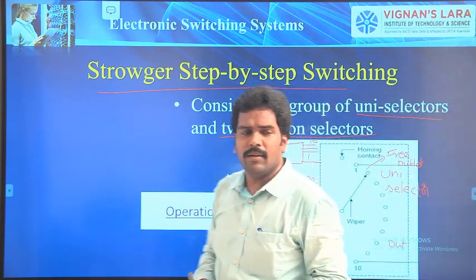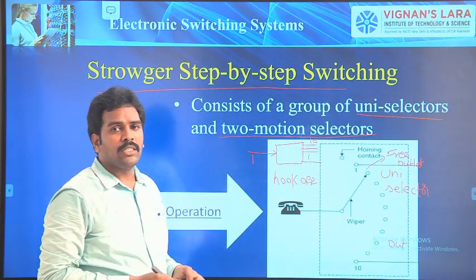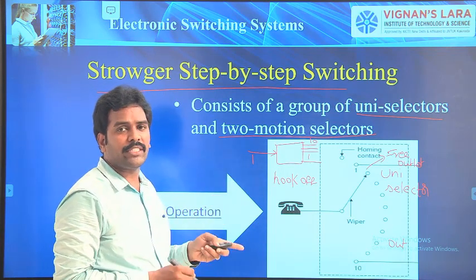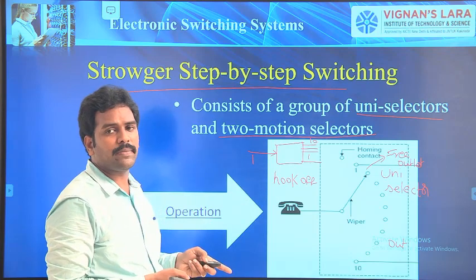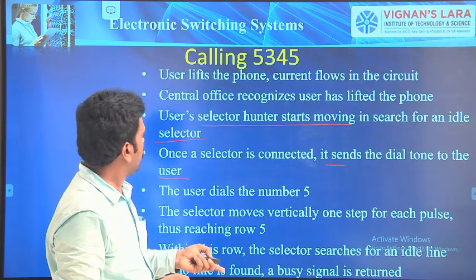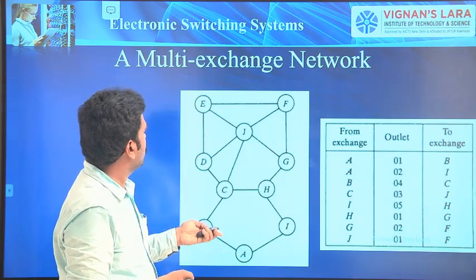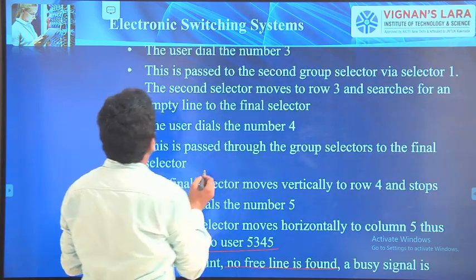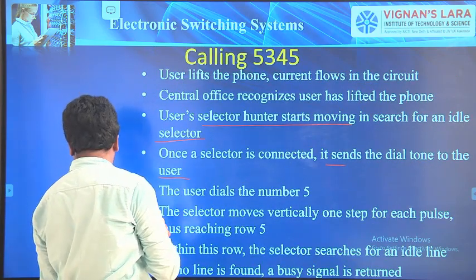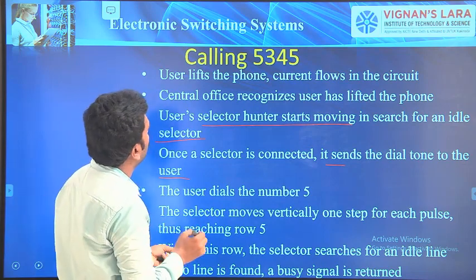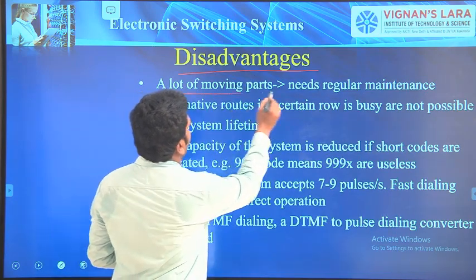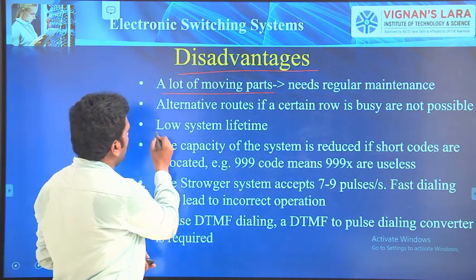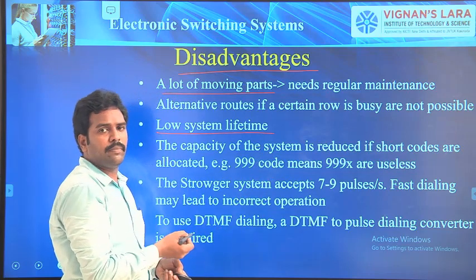So this is the working principle of the Strowger switching system, which uses uniselectors and two motion selector switches to establish a connection between the calling and called subscriber. Now there are the drawbacks. What is the drawback? A lot of moving parts are there, so it requires regular maintenance. One more thing is low system lifetime. Next one is